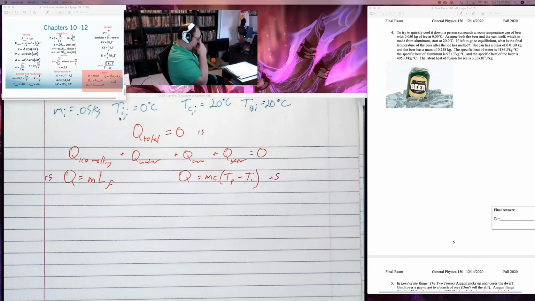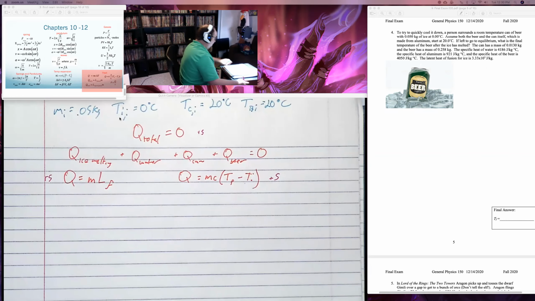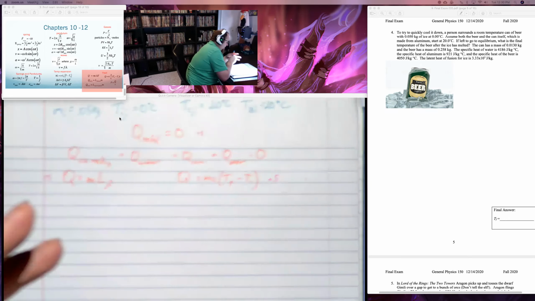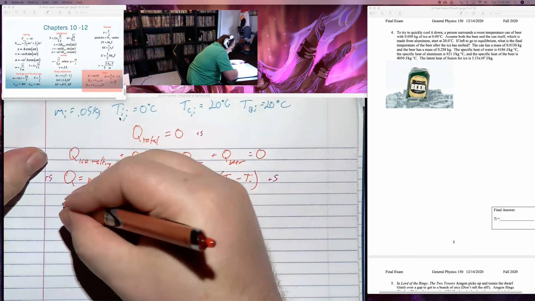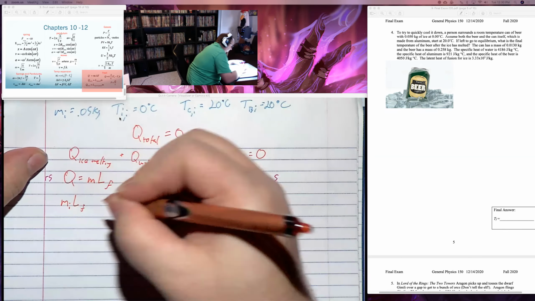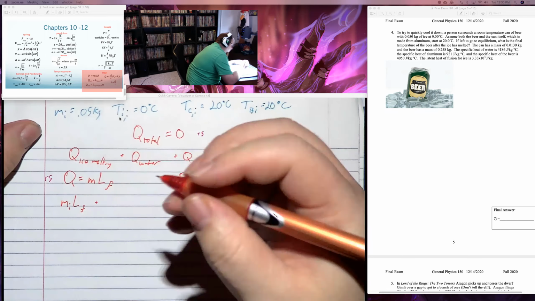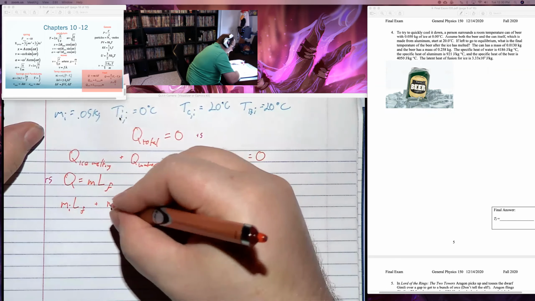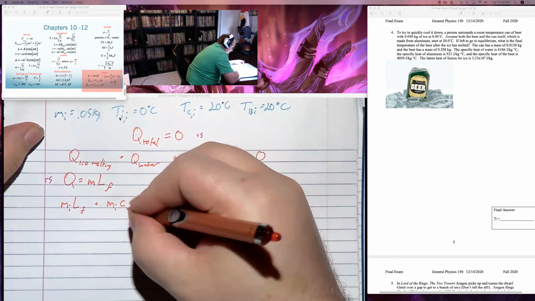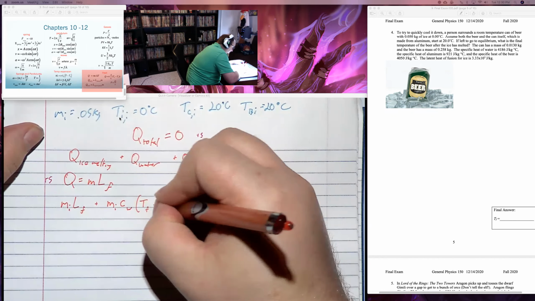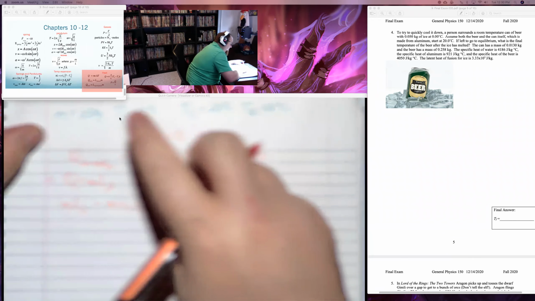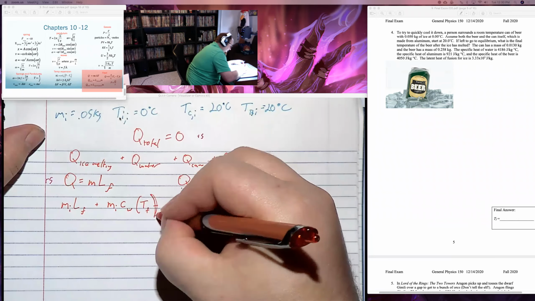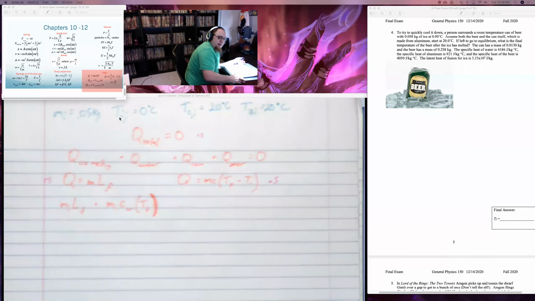And what I'll do is I'll work these all out. I'll say, okay, ice melting: that'll be the mass of ice times the latent heat of fusion of ice. Well, once it melts, it becomes water. It still has the same mass, has the specific heat of water, and it'll be T final minus T initial of the ice. But the initial of the ice was 0, so let's just not even write it down. It's 0.